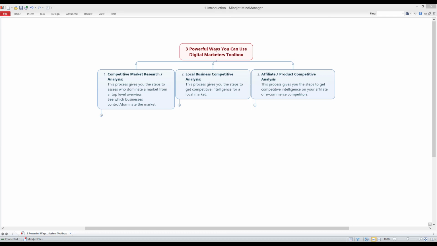In this session, we're going to look at the local business competitive analysis process. And these are the steps we take in Digital Marketers Toolbox to start working on a local website. Now, in the previous session, we did a competitive market analysis, and the idea of this was to look at